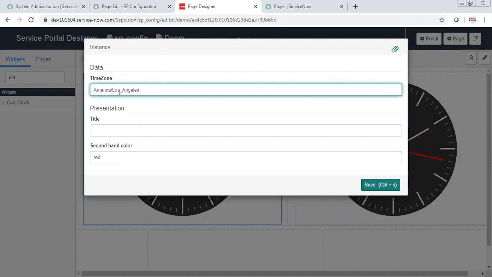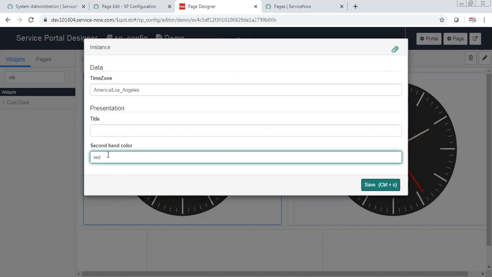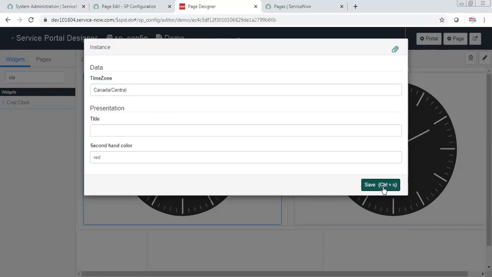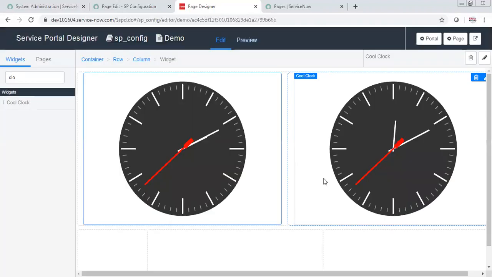It is not getting changed. So this is also an instance of that widget.